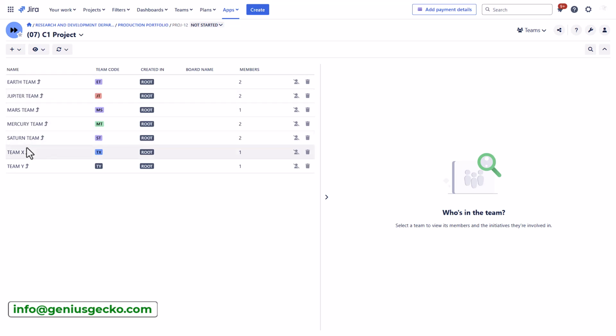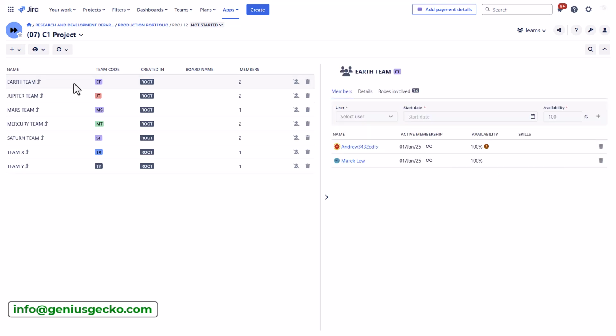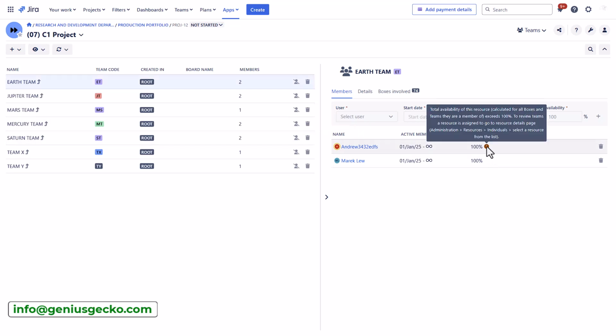So in my case, all these teams are global, meaning that they are inherited. I created them once and I can reuse them. Teams consist of team members. Here you can control their availability, what percentage of the time they'll be working for that particular team, for